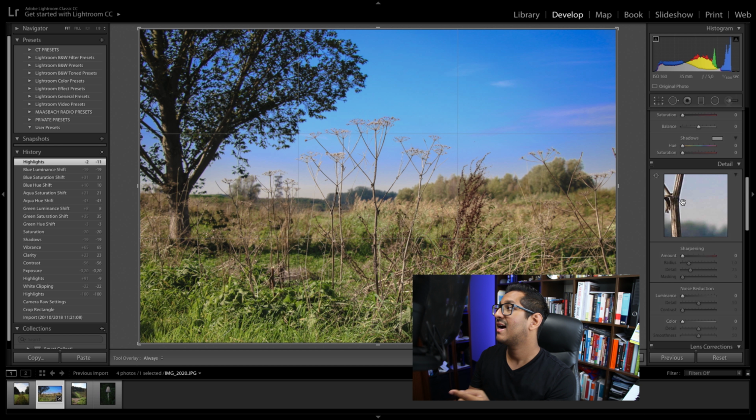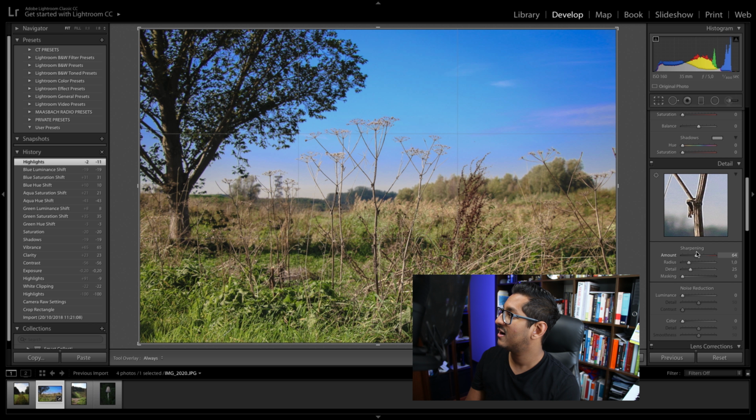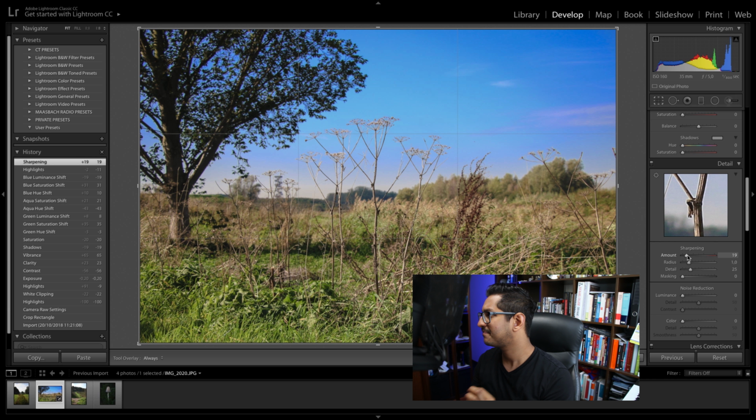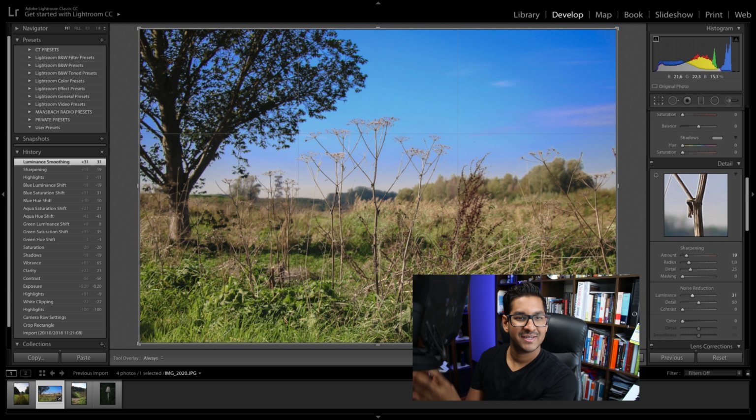Afterwards, after that part, I go into detail and see if I can bring it to a sharper point in the picture. So do I need to sharpen it? In this case, let's see what happens if I sharpen it a little amount, like 30%, something like that. And of course that brings some very harsh edges to it, but I can always bring it back with a little bit of noise reduction and make it a little bit softer again, which gives it a very nice finishing